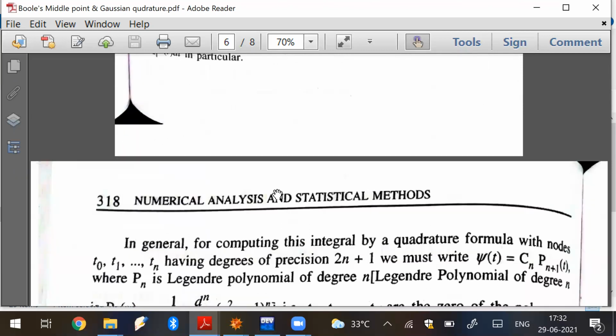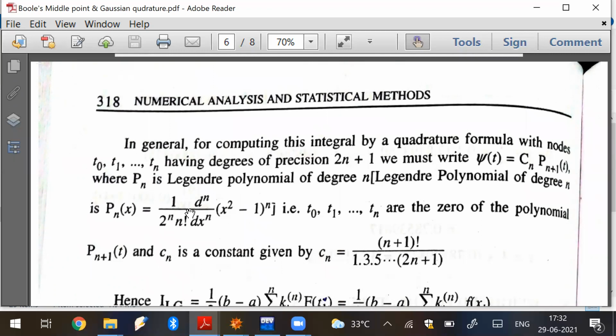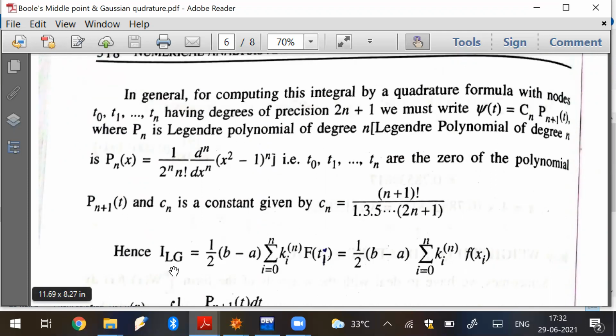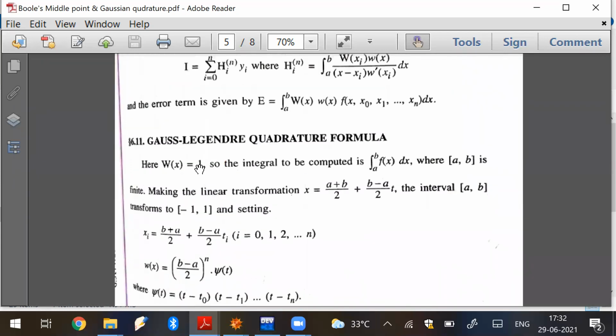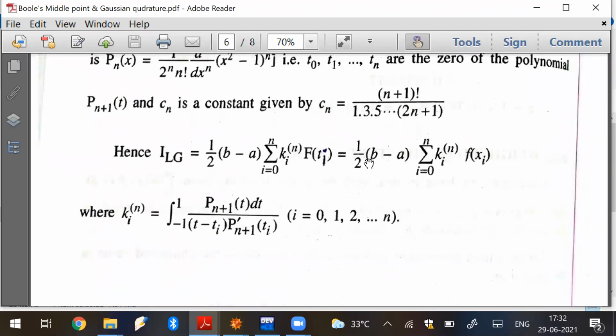Now as I said, psi(t) is given by C_n times P_{n+1}(t), where P is a Legendre polynomial, and you know the form of this P. C_n is a constant given by this one. Here I am specifically taking the Legendre polynomial, and w(x) we are taking to be 1. So for that case, if you consider it, you are getting this as your quadrature